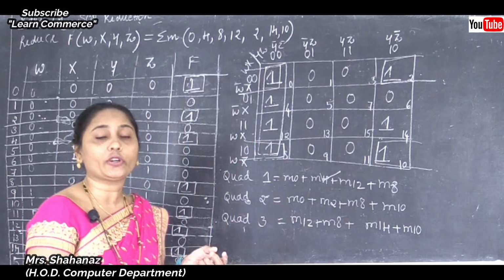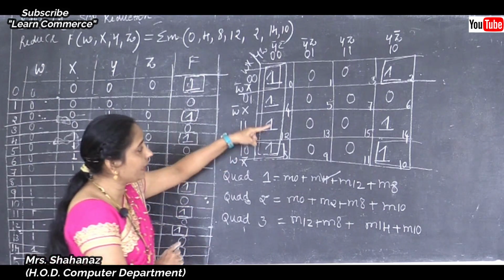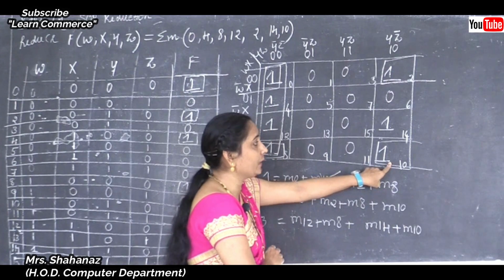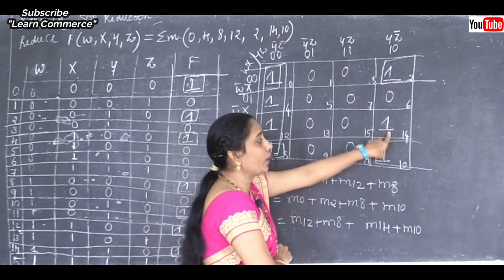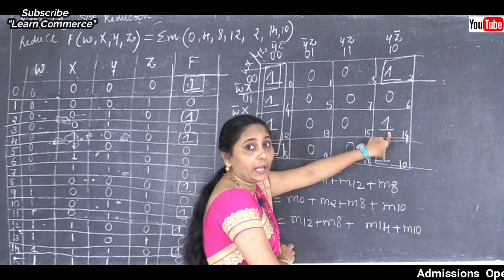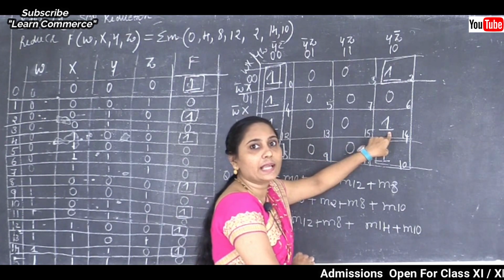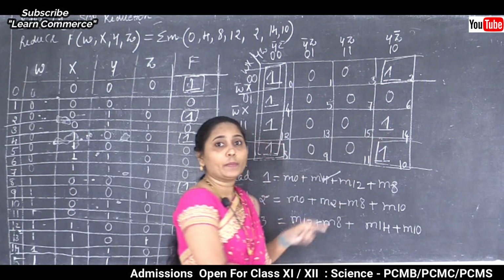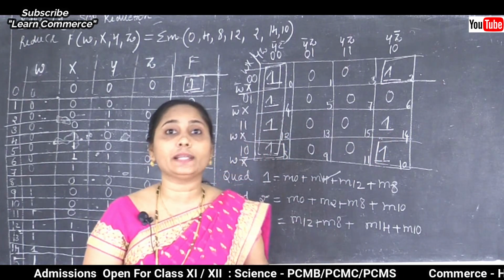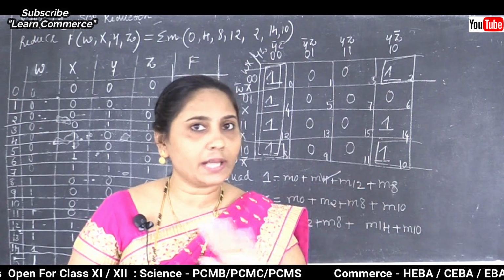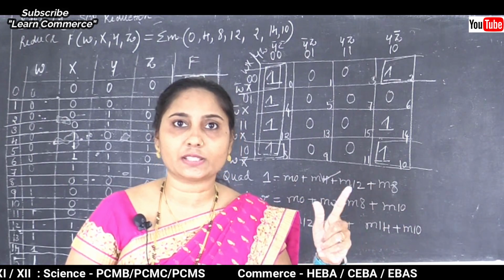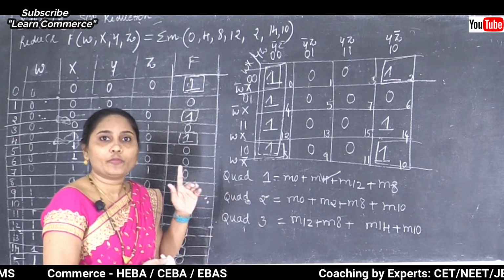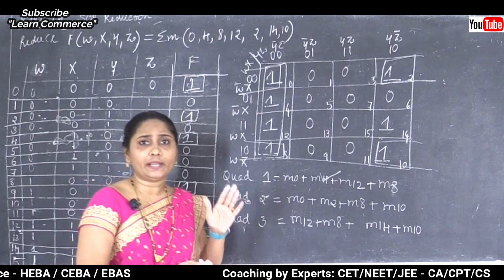Secondly, we need to give importance to the quad. We already took 12, 8 and the number 10. But when you add one more number to these three ones, the number is 14. Again we can say that it is an example of the quad. Clear this point here? The 4 ones are there. Why? Because first of all we need to take the bigger group. So there is no octet, but a quad is there here. So that means it's going to reduce 2 variables. Correct, Nitya? If you take it as a pair, it reduces just one variable.